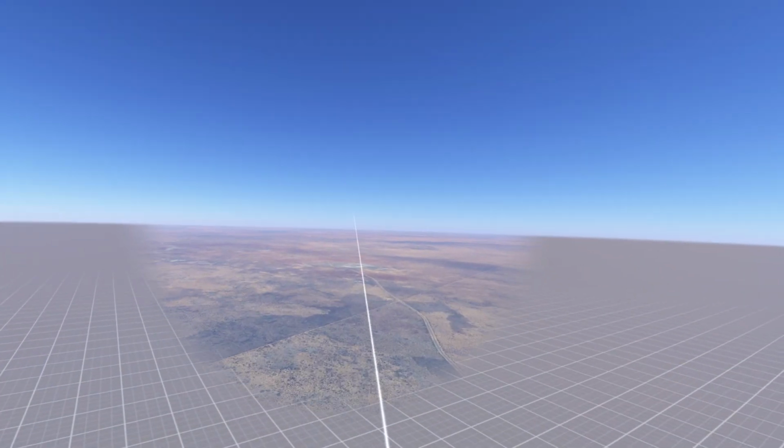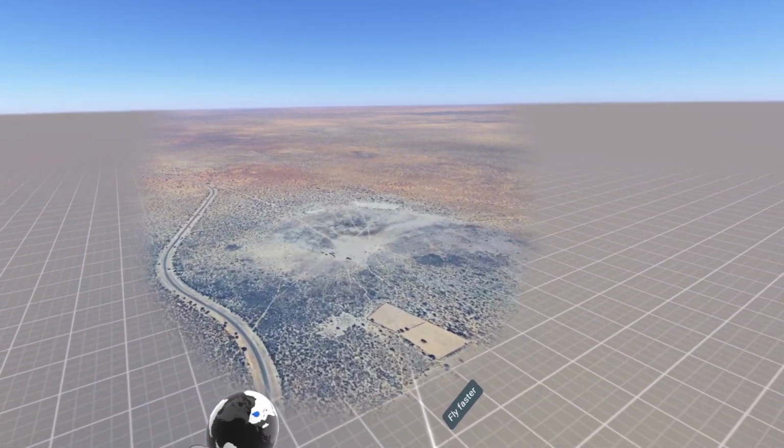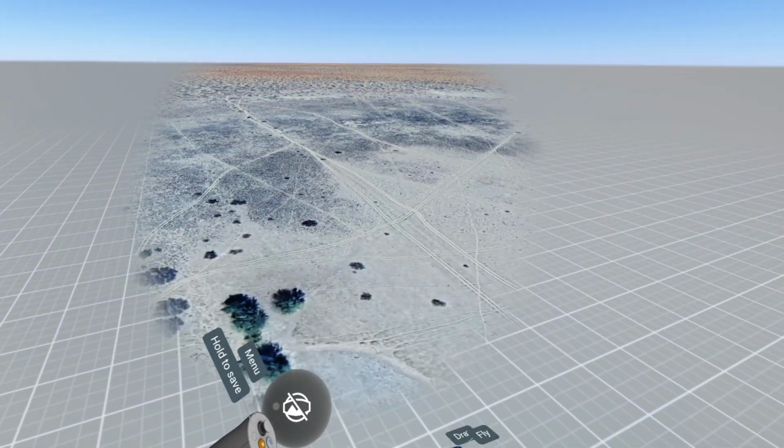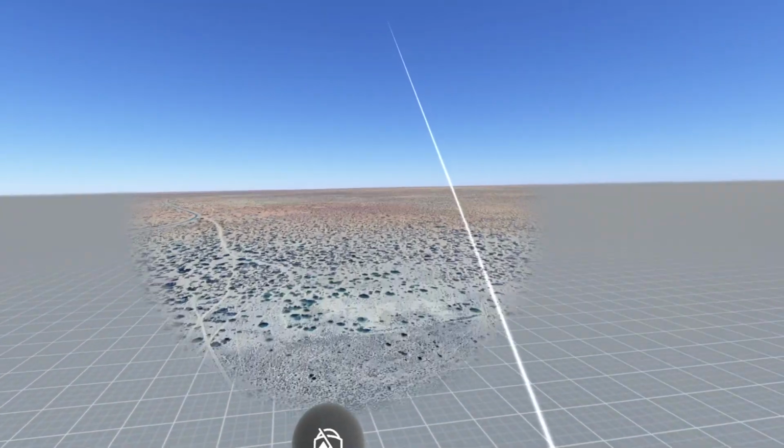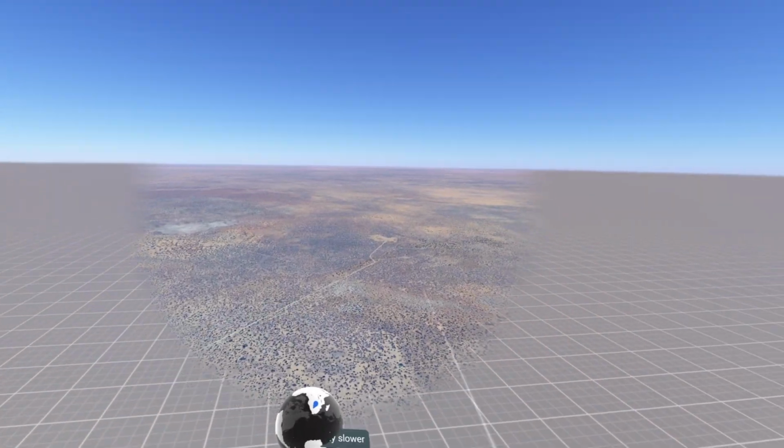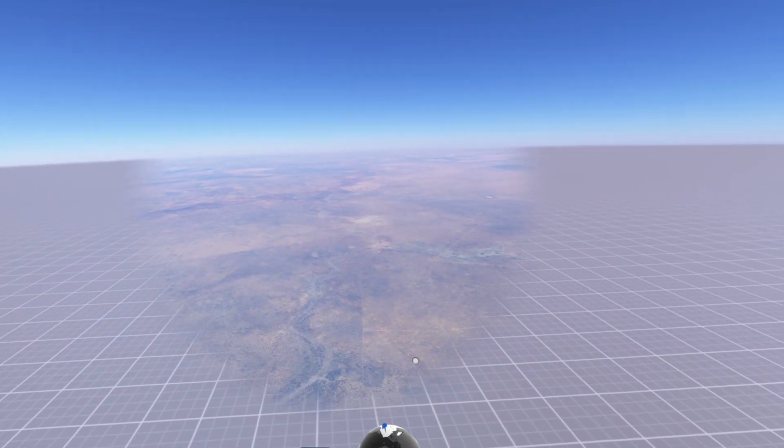Sorry, I think I'm getting distracted. Oh, this looks like a crazy area for a picture. Okay, so